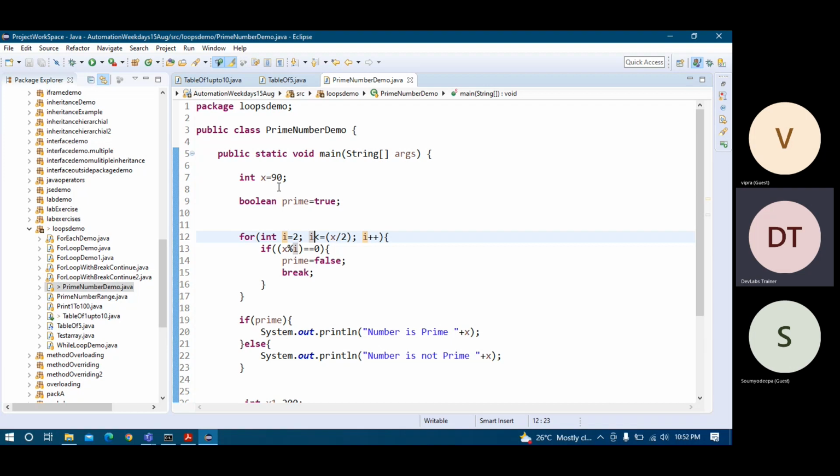So i is this one, i is less than x by 2. Whatever x value you are passing, based on that this loop will test the condition, and with i plus plus, every time the value of i will keep on changing. I am saying that if x modulus i, it means the number is divided by this one,